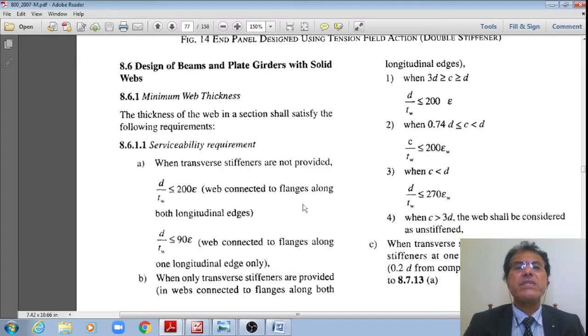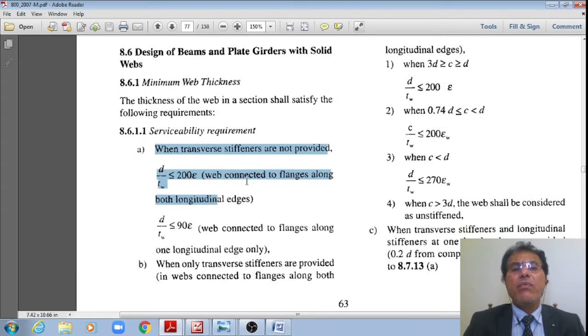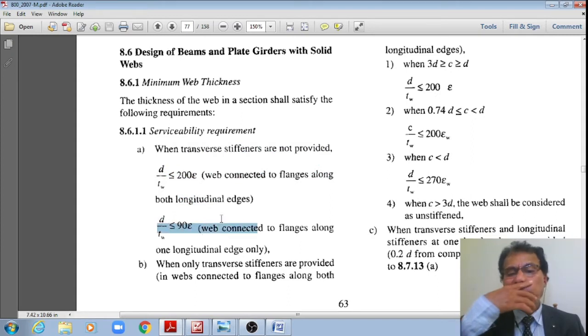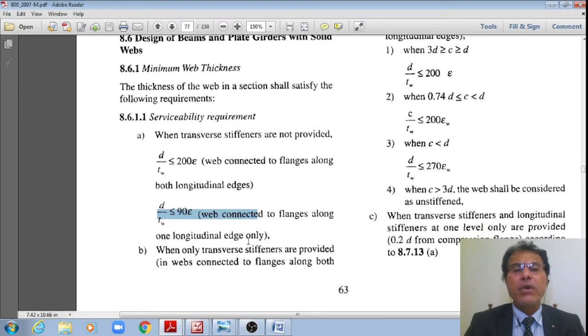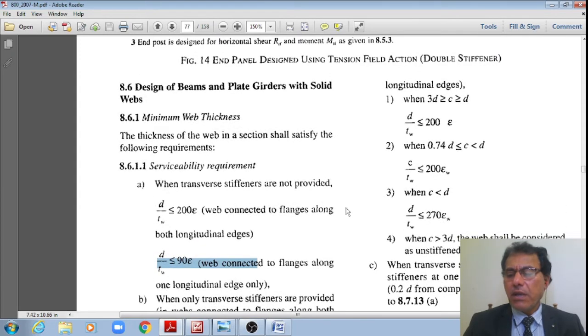Now let's see other codal specifications on the design of beams and plate girders with solid webs. Now, the minimum web thickness under the serviceability requirements: if transverse stiffeners are not provided, then d by t_w should be less than or equal to 200 multiplied by epsilon, with the web connected to the flanges along both longitudinal edges. However, if d by t_w is less than 90 times epsilon, then the web is connected to the flanges along one longitudinal edge only. However, when only transverse stiffeners are provided, meaning the web is connected to the flanges along both longitudinal edges, then